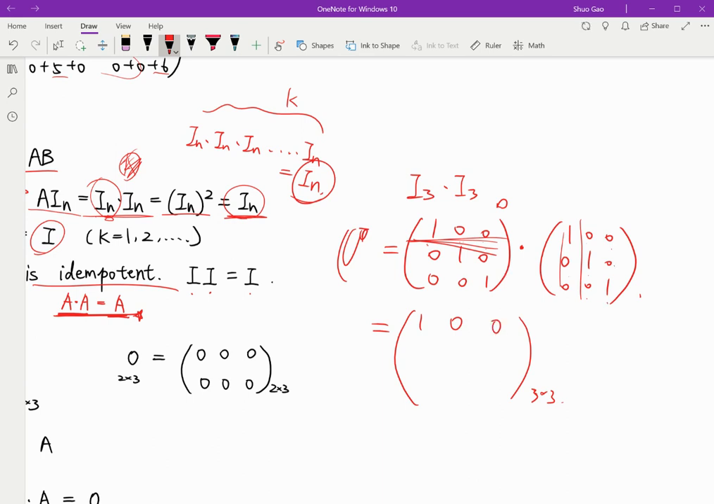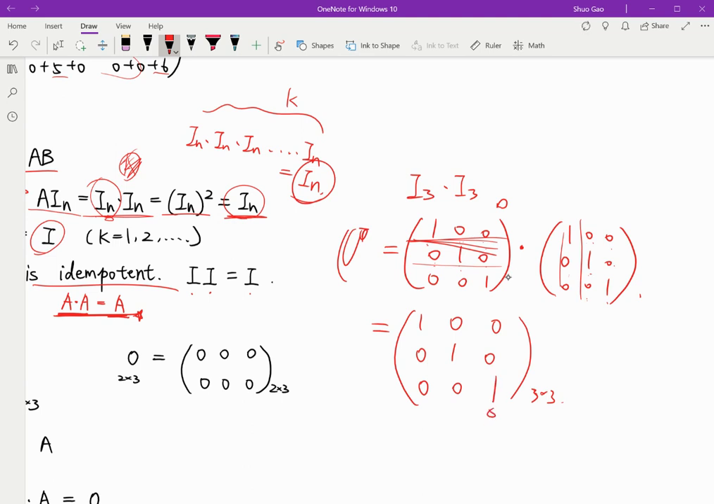So that's also 0. And second row, first column, that's 0 times 1 plus 1 times 0 plus 0 times 0. So it's 0. And then 0 times 0 plus 1 times 1 plus 0 times 0. So that's 1, right? And then this is 0, and we can find that this is 0, 0, and 1